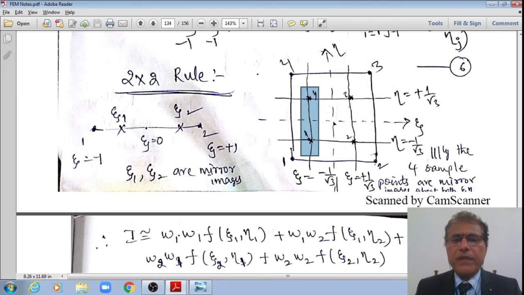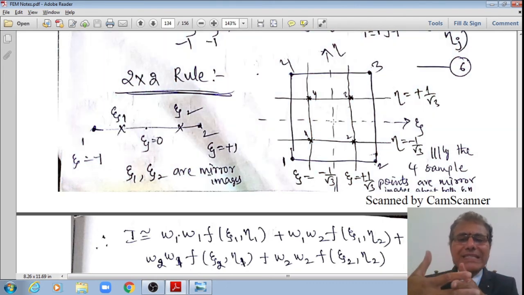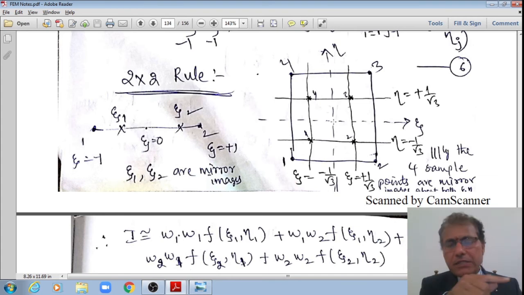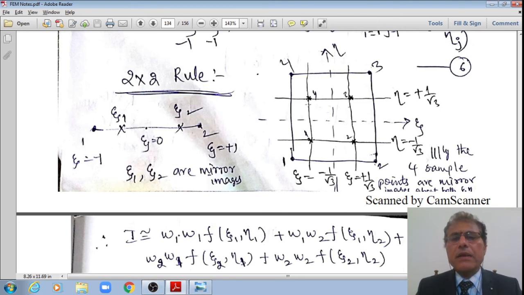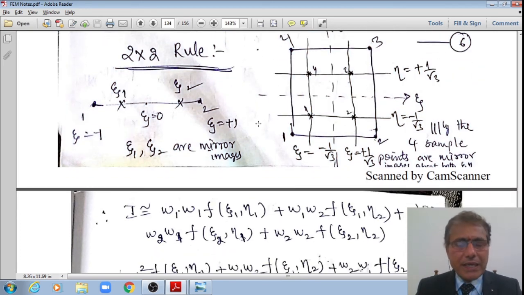Therefore, the lines passing through these sampling points 1 and 2, 4 and 3 along the direction parallel to xi, as well as connecting between 1 and 4 and 2 and 3, if they are interconnected, they will meet at these 4 sampling points, which are called Gaussian points. 1 2 3 4. Their values, as we already saw in 1D,